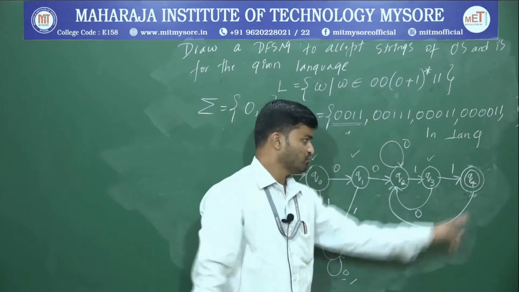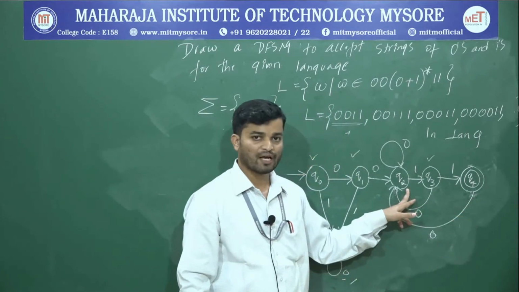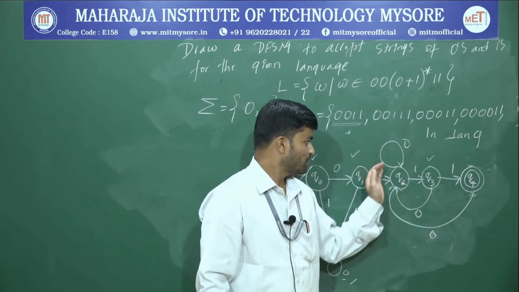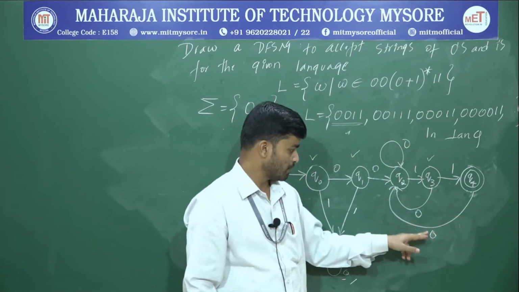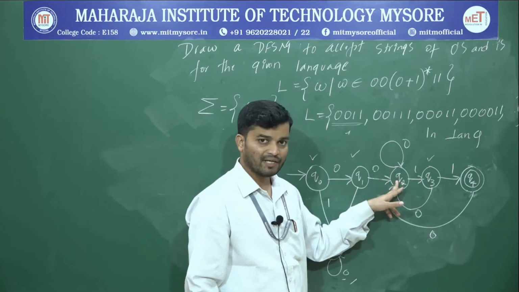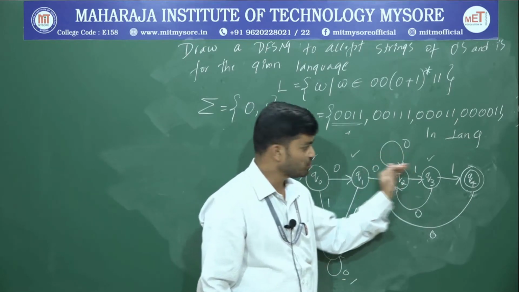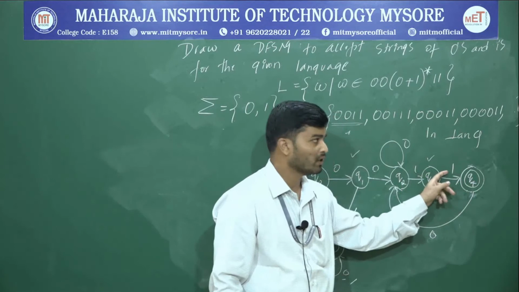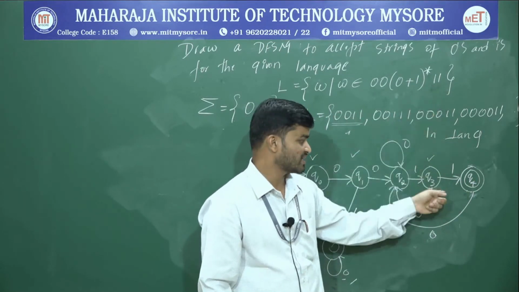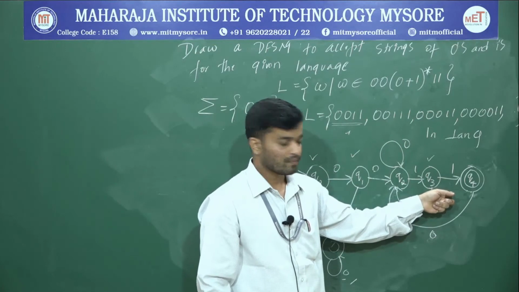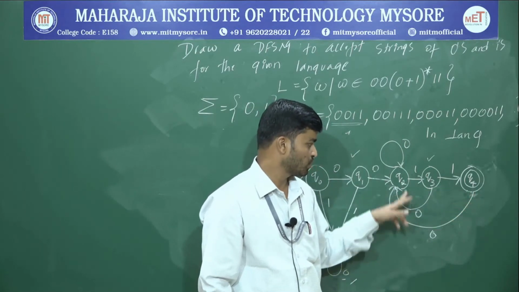Okay. If I connect Q4 upon 0 to Q2, what will happen? I may have a number of zeros, then 1 1. If I come over here upon 0 to this particular state, then again I can have any number of zeros before going to the accepting state, where I will have 1 1. So this one is satisfying our requirement. Therefore, connecting Q4 upon 0 to Q2 is